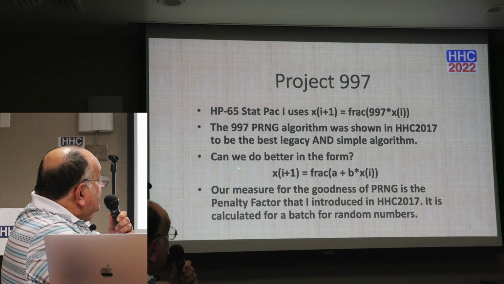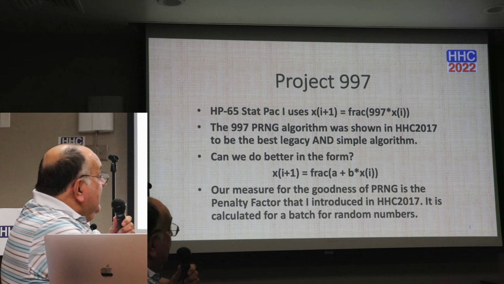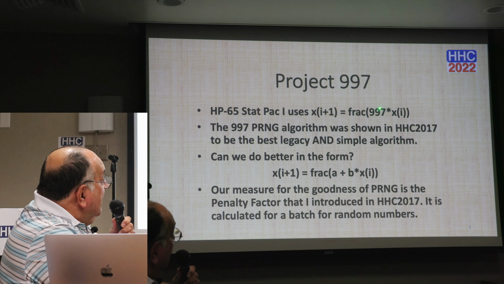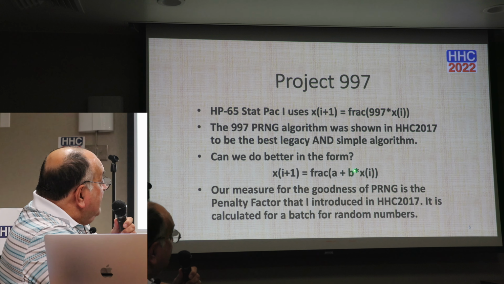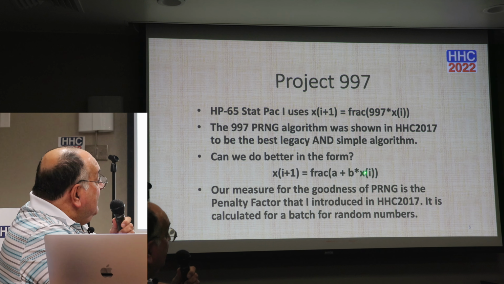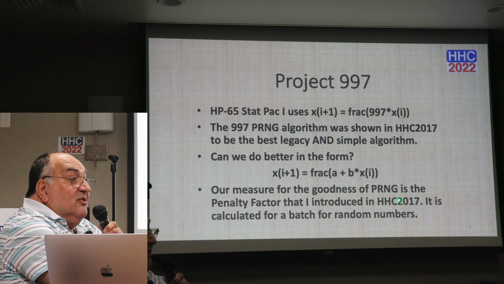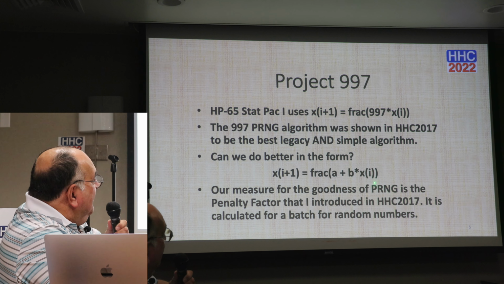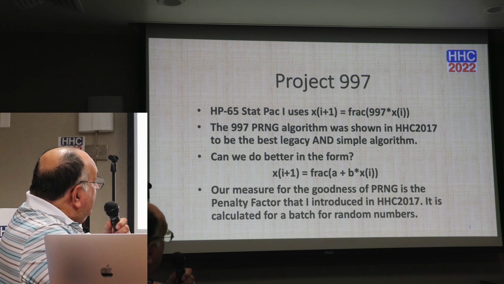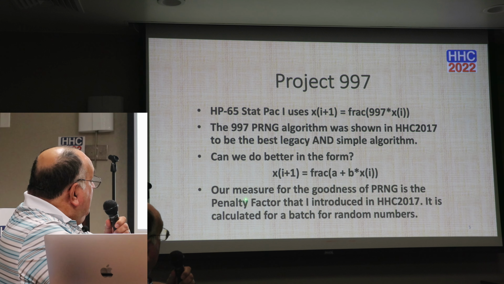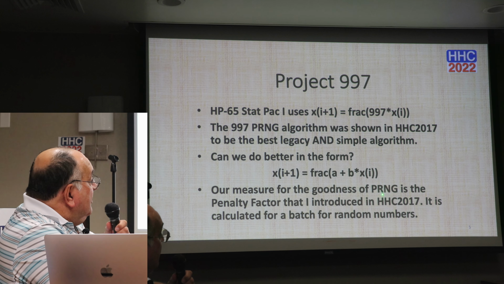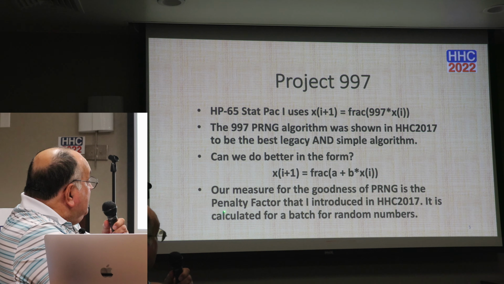So the question is, can we do better in a somewhat more general form, generalizing 997, replacing it with B and adding a shift? This way, this can handle a zero initial random number, although I don't recommend it, but still. So we're going to measure the goodness of the random numbers generated with something I call the penalty factor,